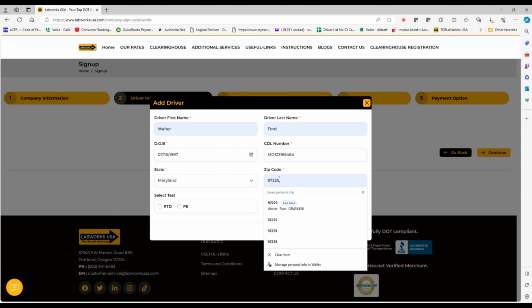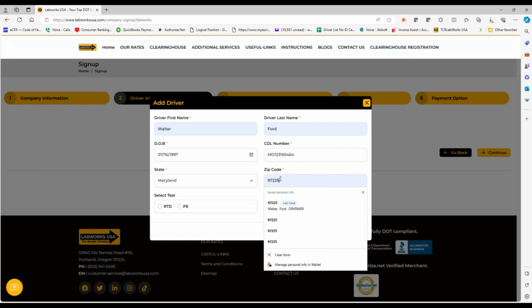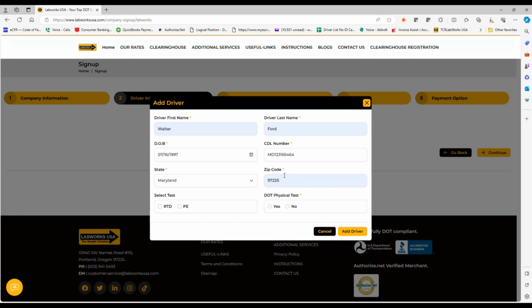So put in the zip code where the driver is based. Those companies have drivers all over the country. This will then make sure that we're zeroing in on the collection sites for their tests and time zones based on the driver location. And then here we have return to duty